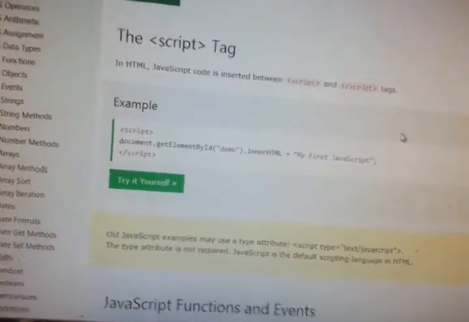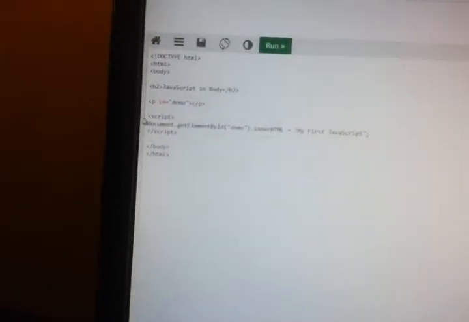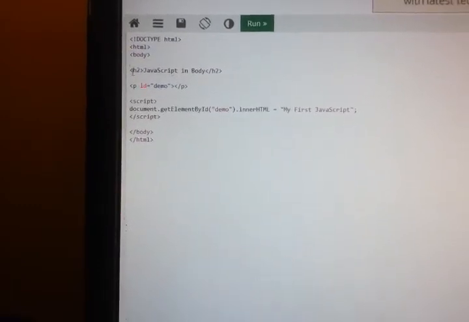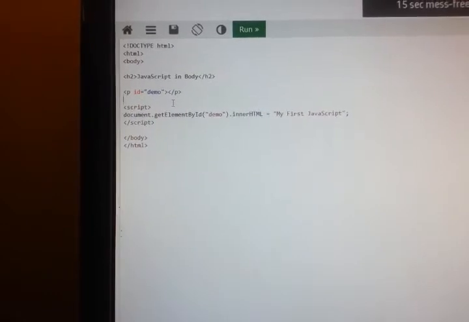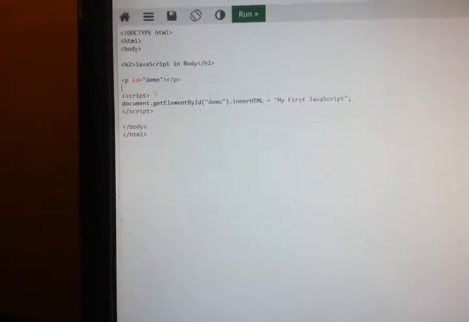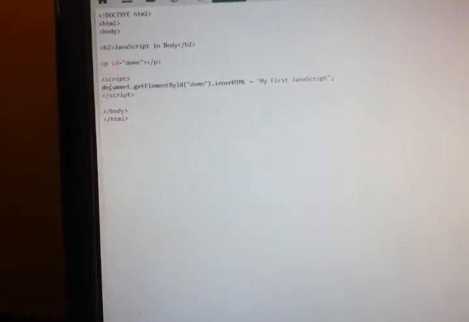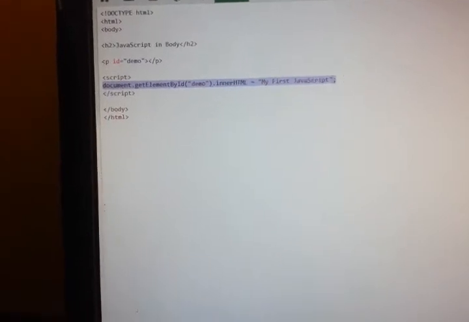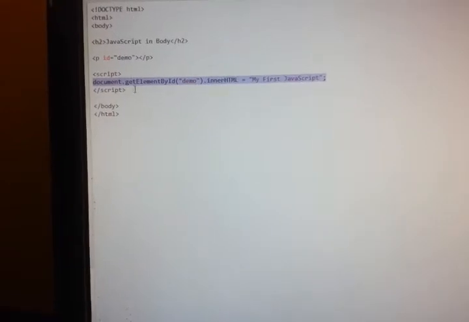Now if you see this particular program, we write HTML, body, heading, and a paragraph with ID equal to demo. Here we haven't given anything, and we have used script. This is JavaScript code, so we are writing it inside the script tags. So document.getElementById, we are getting the element by ID equal to demo.